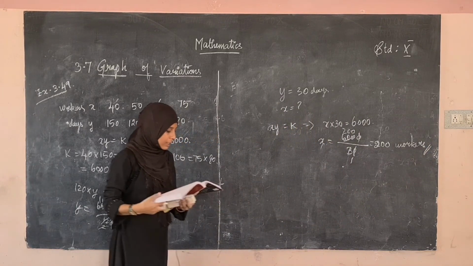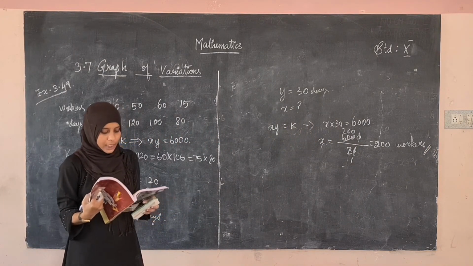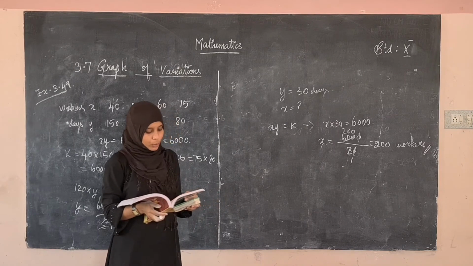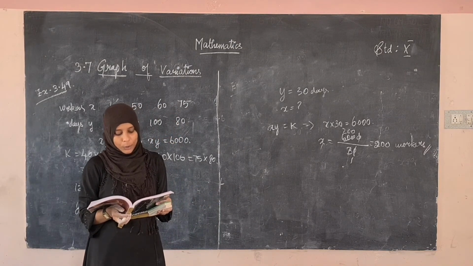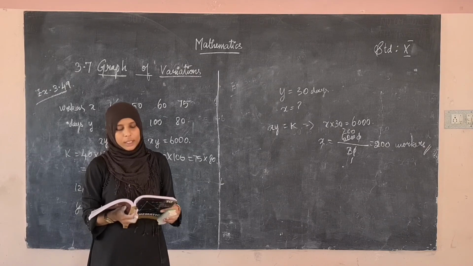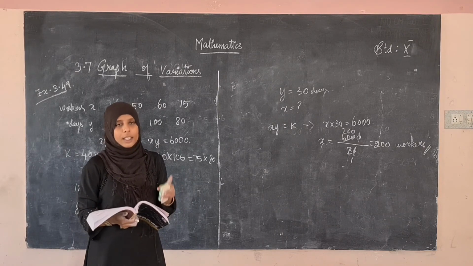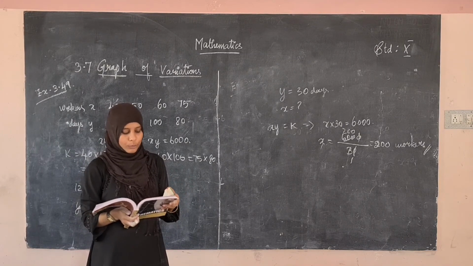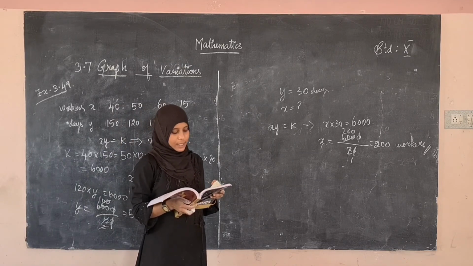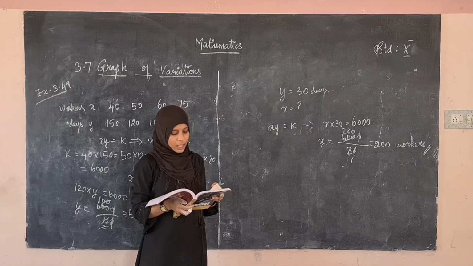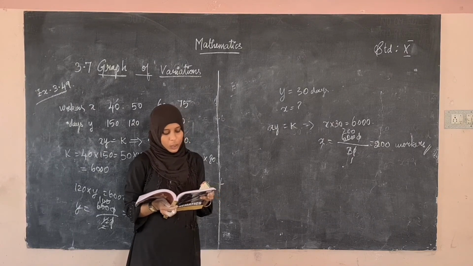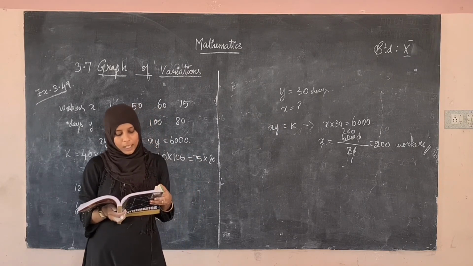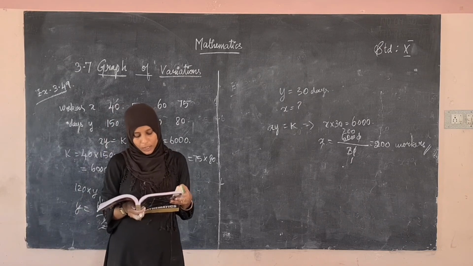Okay, and the next is example 3.50. See, they haven't given the table here. You have to form it. This example 3.50 is the assignment for you. Nishant is the winner in a marathon race of 12 kilometer distance. He ran at the uniform speed of 12 km per hour and reached the destination in 1 hour. He was followed by Aradhana, Ponmozhi, Jayant, Satya and Sweta with their respective speeds of 6, 4, 3 and 2 km per hour, and they covered the distance in 2 hours, 3 hours, 4 hours and 6 hours.